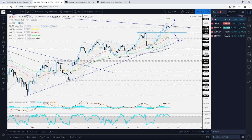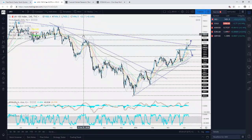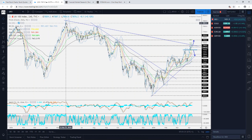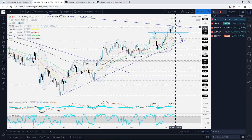I was talking about this one last week, and I was telling you guys to keep a close eye on this line here, which, if I zoom out a little bit, is a tentative downside line, but still a line which was running here from the highs of May last year. You can see that we managed to get a nice hit of that line. Also, we managed to hit the 7,450 level,